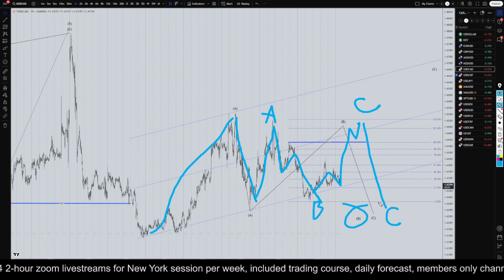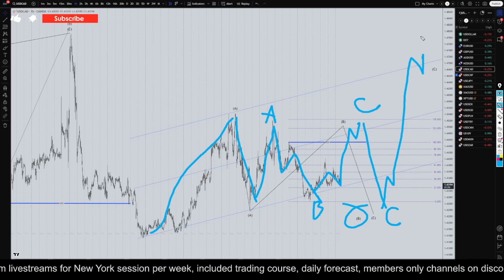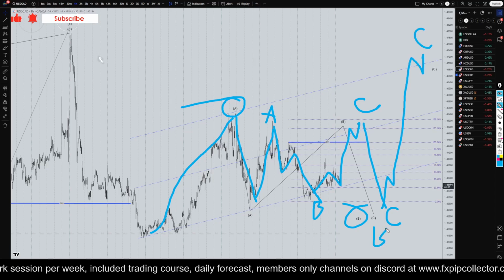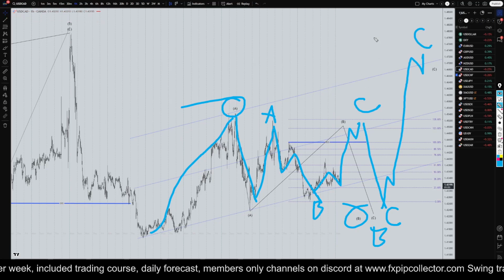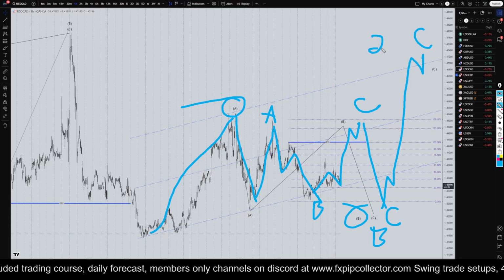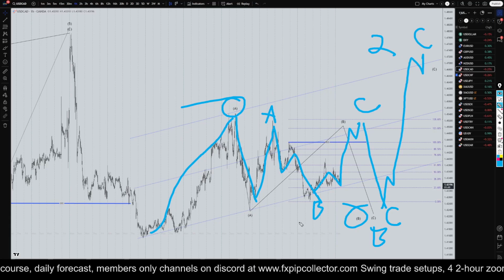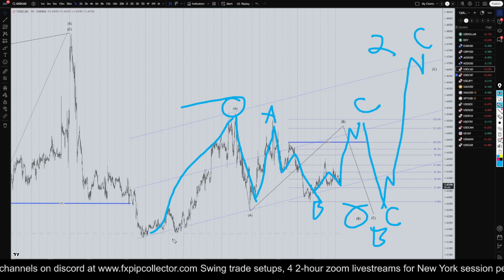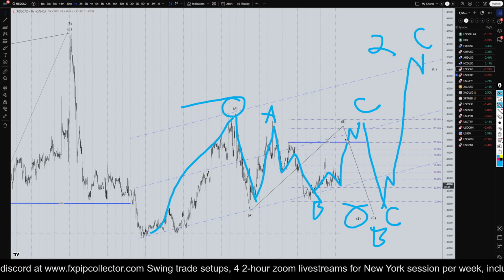to finish off the wave B, and then potentially back up for the bigger wave C. And that would be your big wave A, your big wave B, and then your big wave C, which likely would be the ABC of 2. Definitely a very complex, dragged out, overlapping pattern, but corrections are very overlapping, very messy sometimes. I think that it is likely going to play out something like